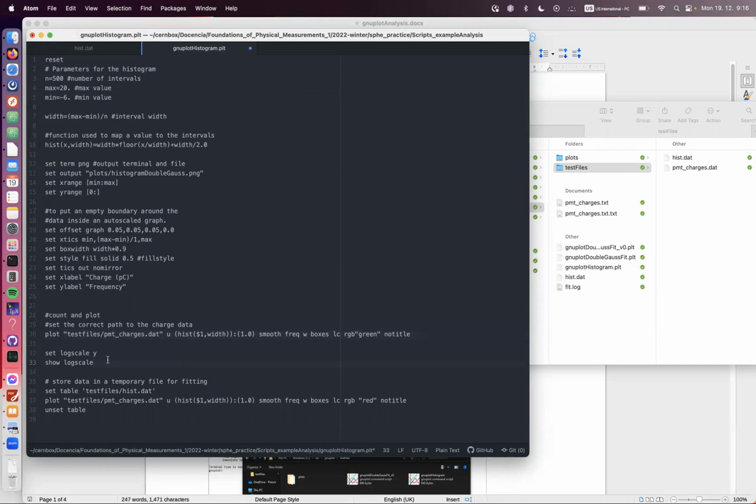Sorry. And then this is supposed to create a log scale in the y-axis, but actually I haven't been able to run it properly, and it's not plotted in log scale. I'm not sure why. I tried to do it, but it's not working. But well, it's there. If you manage, you can tell me how you did it. I didn't have too much time to check what the error was, but it's supposed to be working. So then